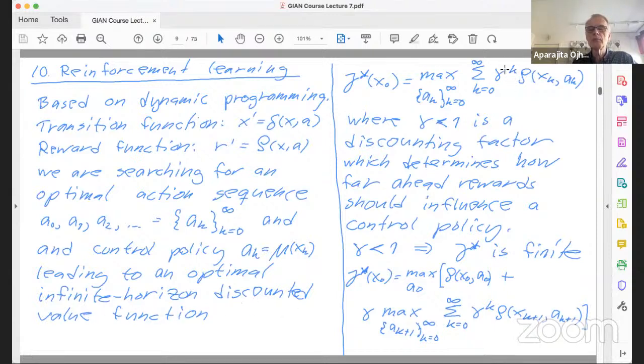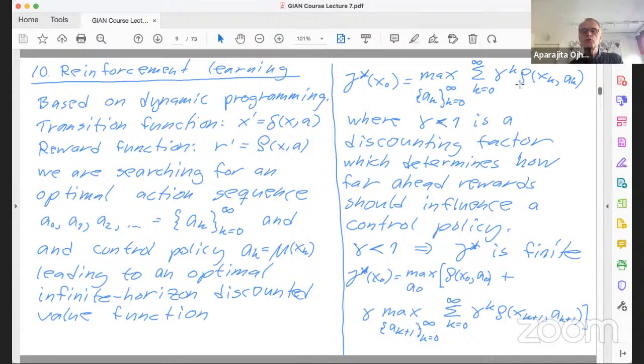And discounted means that I take the sum of the local or the immediate rewards based on the reward function. But I multiply with gamma to the power of k. And that means that when k gets large, if gamma is a little bit less than 1, gamma^k will then be a small number, while of course gamma to the power of 0 is 1. So say for simplicity that gamma is 0.9, then the first is multiplied by 1, the second by 0.9, the third time instance by 0.81, etc. So you get less and less